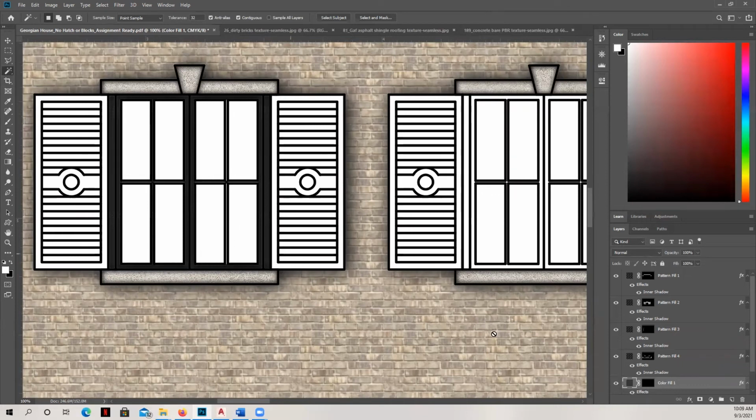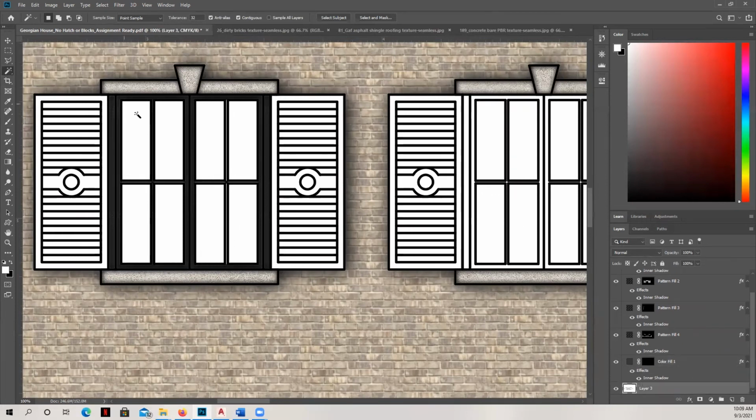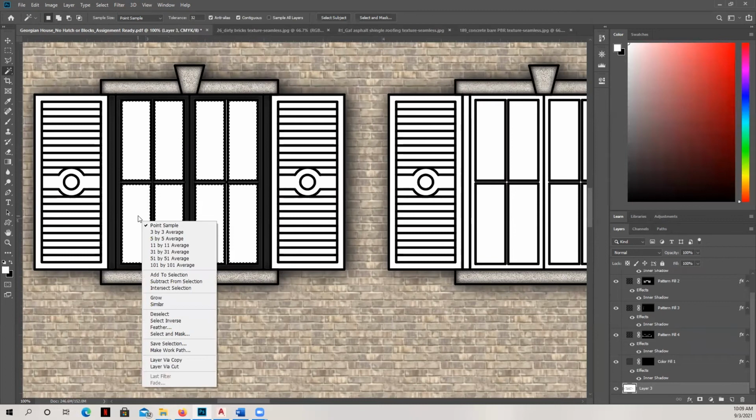Okay, and then what I want to do next is go back to my original layer, and I'm going to grab the, let me see if it'll let me do it here. No, it's not going to let me. And the reason is because Photoshop only knows how to create a layer by clipping based on an underlying layer.